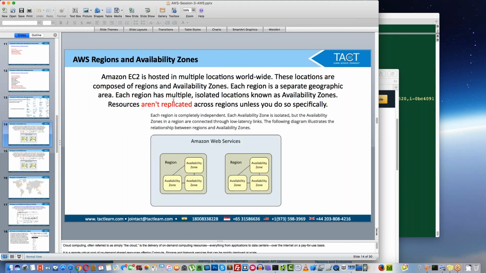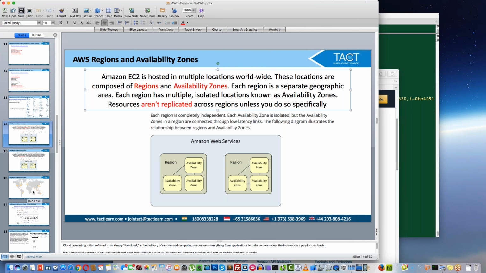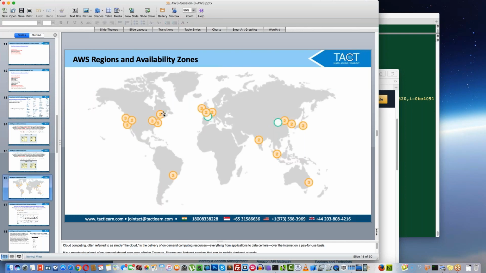So now let me read this first. Amazon EC2 is hosted in multiple locations worldwide. These locations are composed of regions and availability zones. So this is slightly confusing initially for you to understand. Let me jump to this slide again. Do you see there are numbers in these circles? These numbers indicate how many